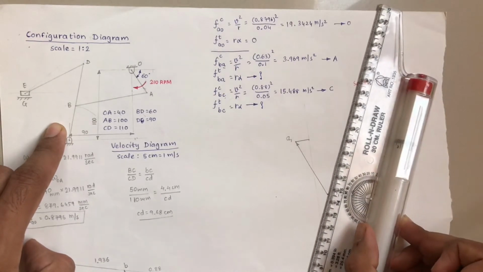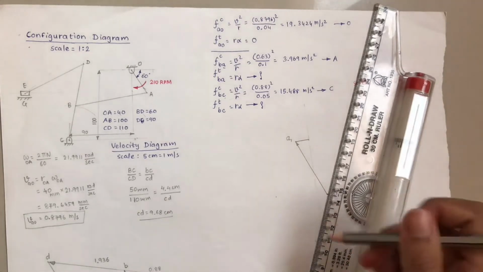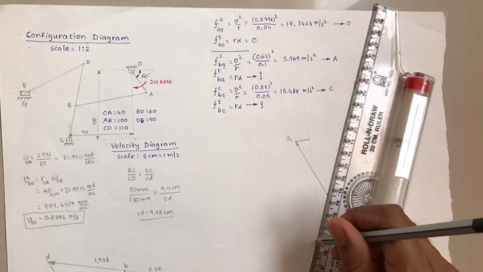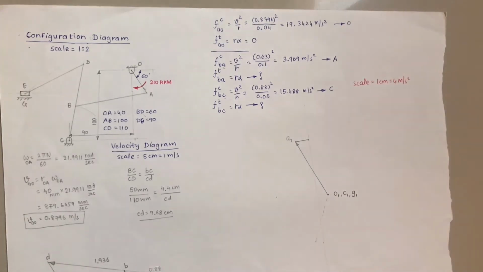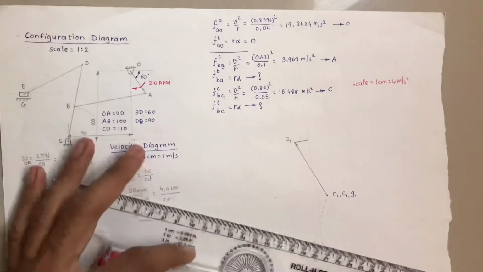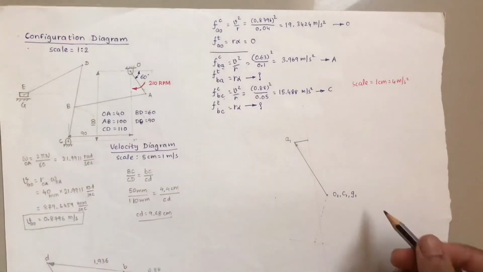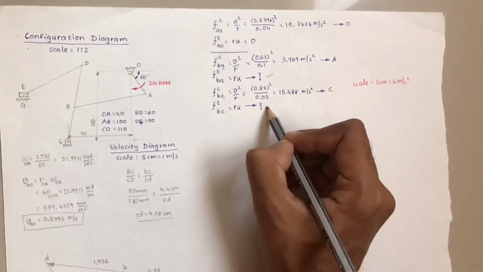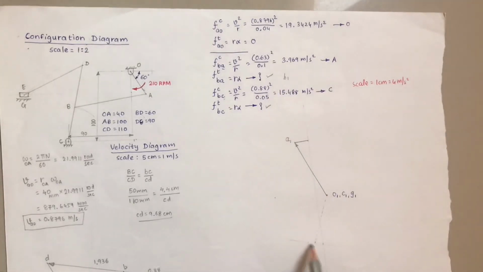So here is the centripetal component with dimension. Again the tangential we don't know, so it is a perpendicular line to the centripetal component. The intersection of these two tangentials will be the B1 point. So here is the first tangential component, second tangential. Intersection, that will be the B1 point.